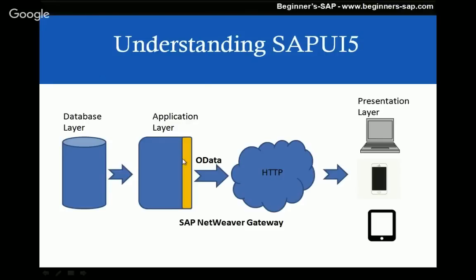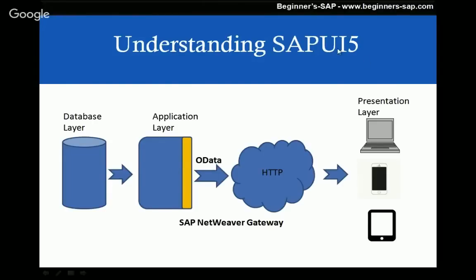So now we understood what OData is and why it is needed. Of course, it is needed because we need to send data out into the world, not to our SAP GUI but to a browser. So that's why we need OData. We understood why we need the NetWeaver Gateway: it converts your internal table into OData format. We will understand what those formats are in a few minutes.